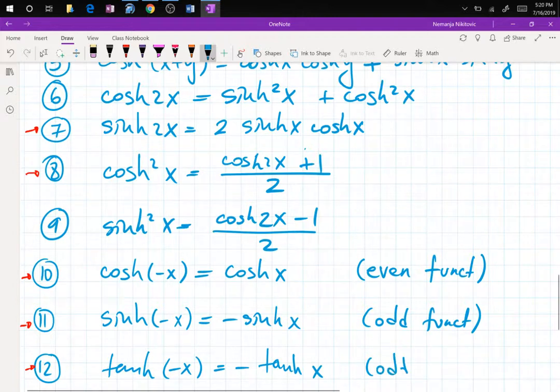Also odd. Now, does this mean that we don't care about the other 3? Well, the other 3 are combinations of these, and you know what happens when you divide even with odd, or odd with even, and all that stuff. So this is the list of 12 identities, and there are problems in the book,